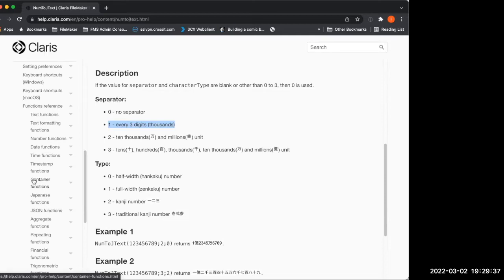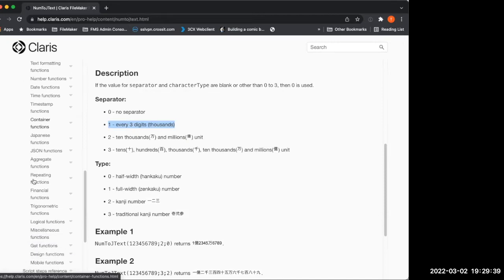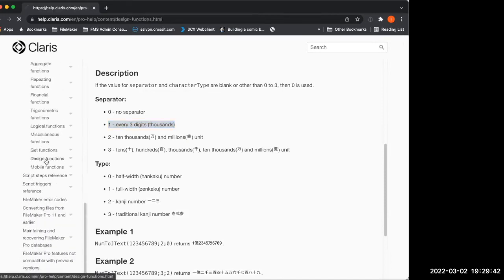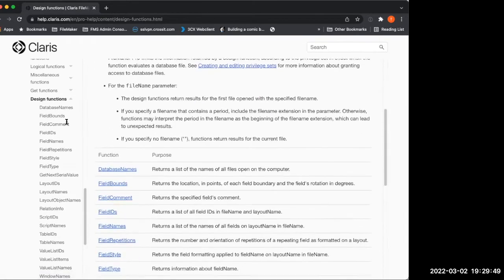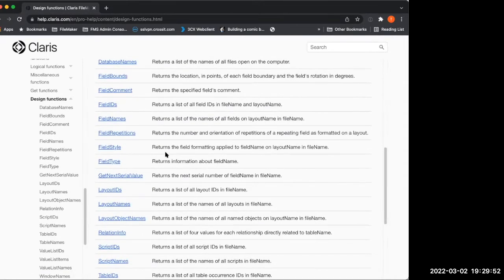I think the design functions in general are very useful. I was picking obscure ones. I was working with the value list IDs and the value list names to build something that would protect a field on a layout that's got a checkbox, such that if someone dragged and dropped text that wasn't on the value list, it would auto enter and go away,